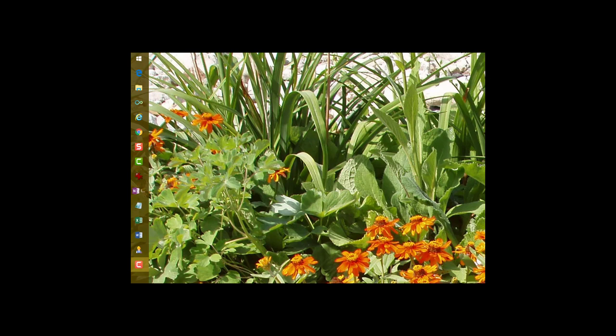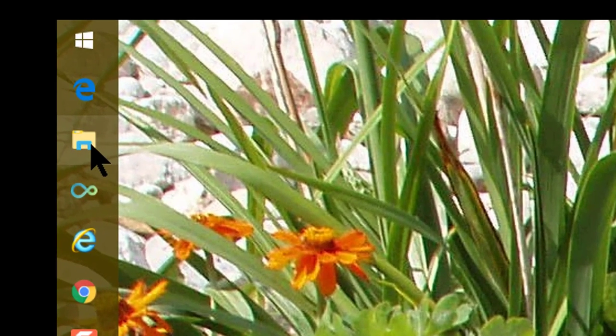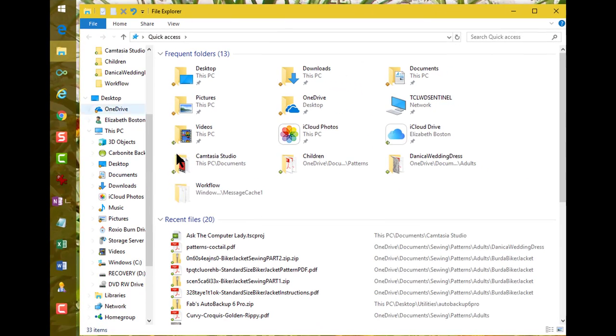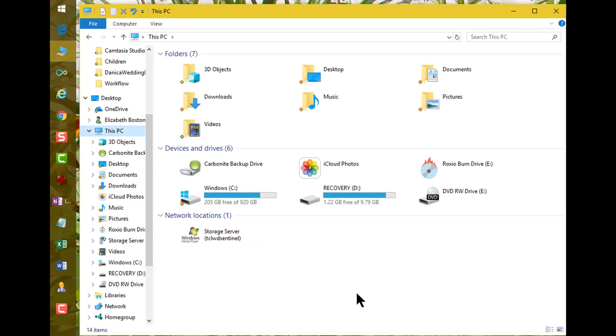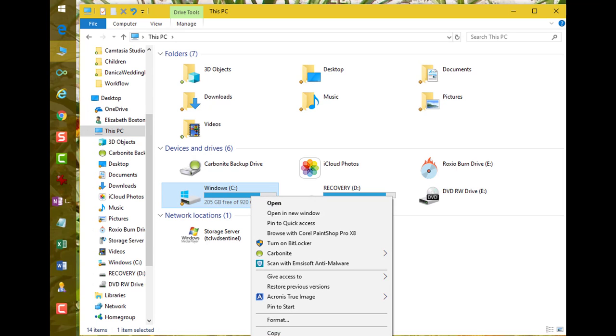So first, we can check any drive on your computer and turn indexing on or off. To do that, we go to File Explorer. So here's the icon for File Explorer. Click on that to open it. And then in the left-hand column, click This PC. And then in the main window, find your hard drive, that's your main Windows installation, right-click on it, and click